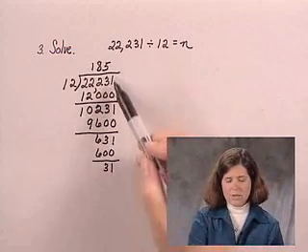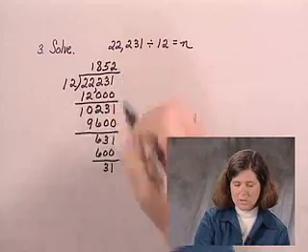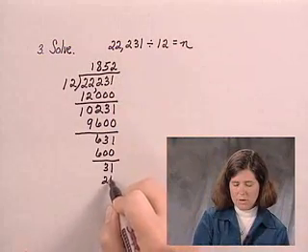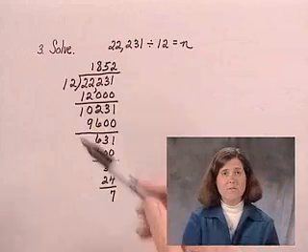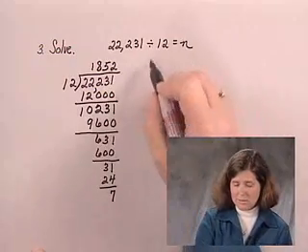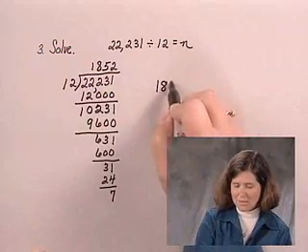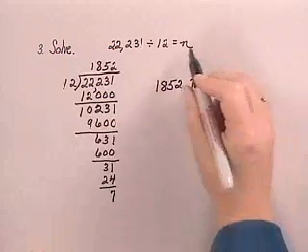And now we're in the ones place. 12 goes into 31 2 times. 2 times 12 is 24. We subtract and we get 7. The remainder 7 is less than 12, so we're finished. So the answer to this, whatever it means, we'll figure that out, is 1,852, remainder 7, and that's the n